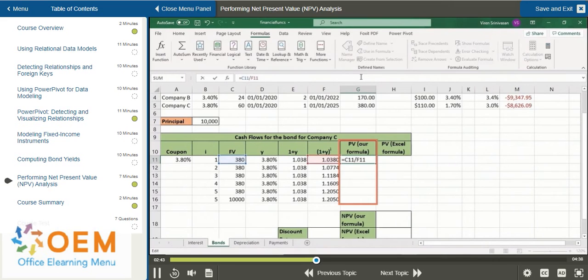Now we can go ahead and compute the present value of each future value by simply dividing the future value by the corresponding discount factor. For instance,